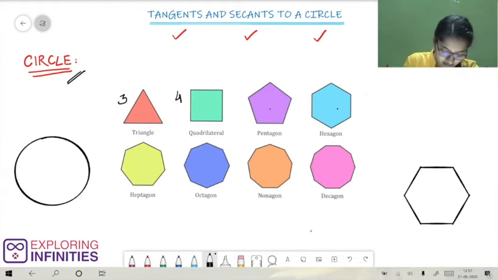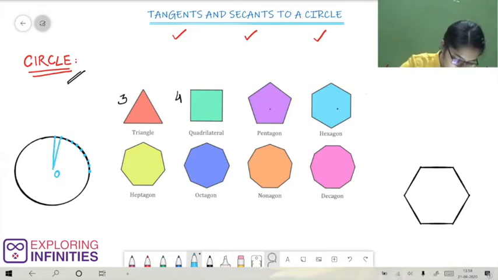If this is our circle, then we have many points on the circumference of the circle, of which I am showing some here. Even in between these points, there are infinitely many points present. And on joining all of these points, the figure that we obtain is called a circle. Now what is special about these points? It is the fact that there exists another fixed point, let's call it O. And this fixed point O is at the same distance from all of these points present on the circumference of the circle.